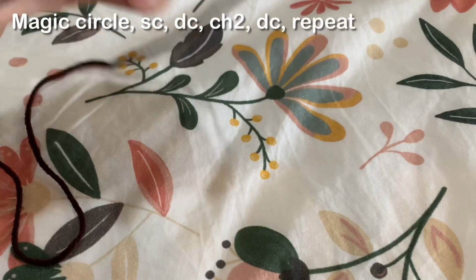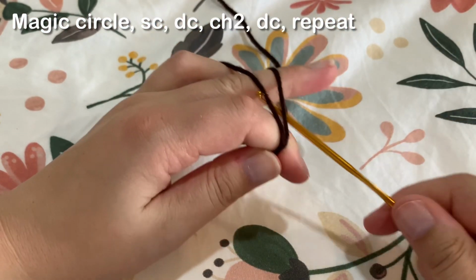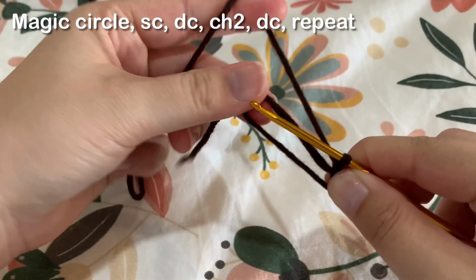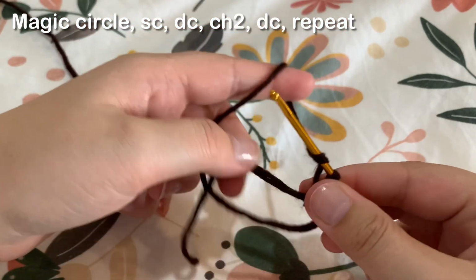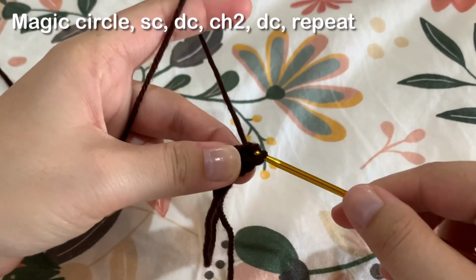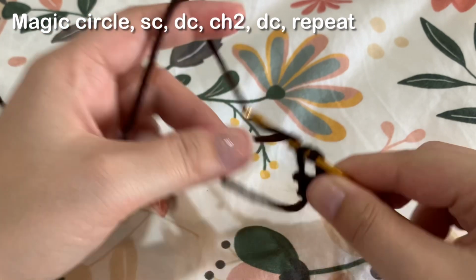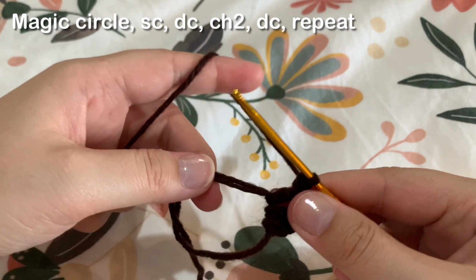So now we're going to make our stars with a 3mm hook. And we're going to do that by creating a magic circle. And into the circle we're going to make a single crochet. Then we're going to make a double crochet. And then we're going to chain 2 and do another double crochet. Then we're going to do a single crochet,